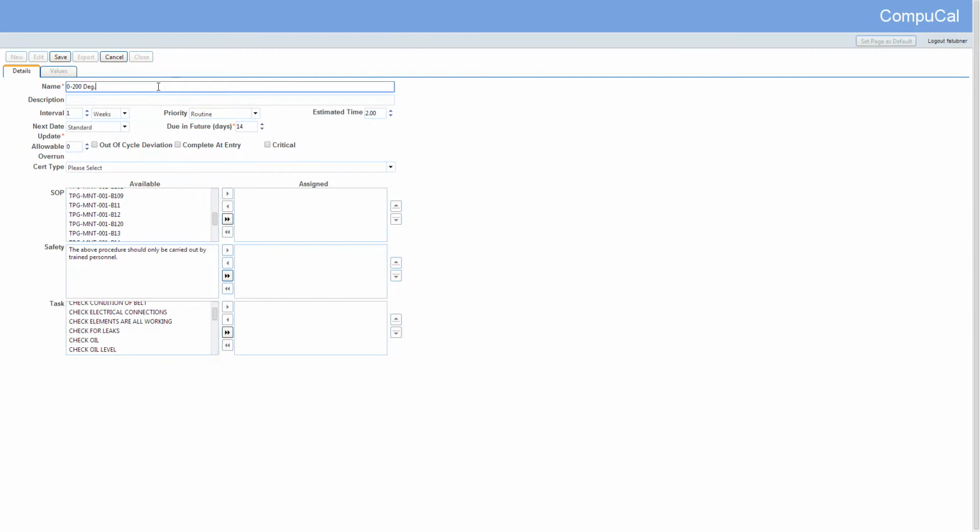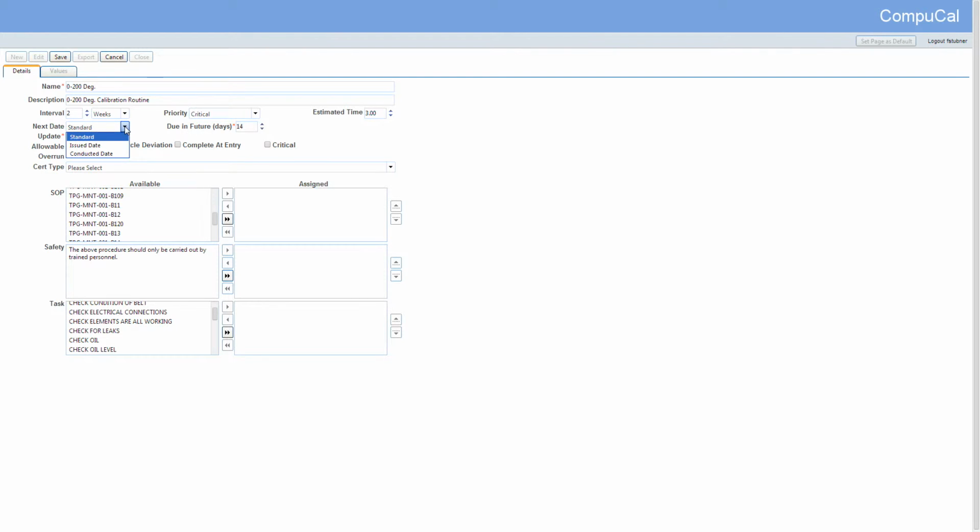In each routine, you can have a certain amount of information. You can put in a name, a description for the routine type, and the interval which is used in the scheduling of an instrument with a status of open maintenance. A user can also set the priority and the estimated time, which can be very beneficial for resource planning, recording and reporting on estimated time versus actual time spent carrying out the work.